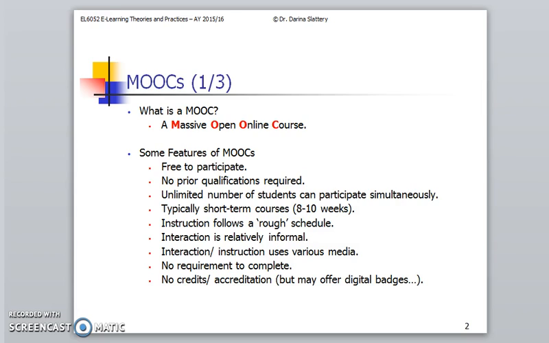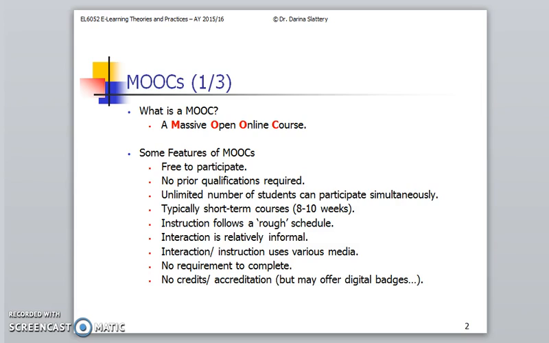The MOOC may be offered by a prestigious university, but it doesn't mean you have a formal qualification from that institution. It just means you've engaged with the MOOC. Then there are subtle variations of that as well. If you complete all the activities and you submit them by a certain time, you might get a certificate of completion, which is a bit more than a participation certificate. You may even be invited to undertake a course at a later time by that institution. They might give you a reduction in the course fee because you've shown the dedication that's required.